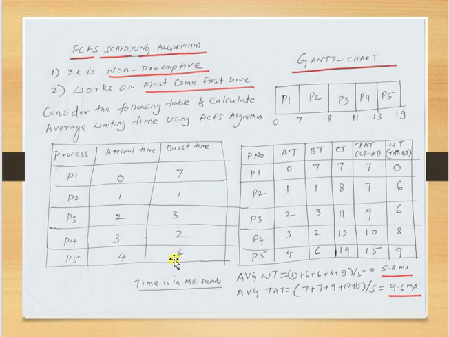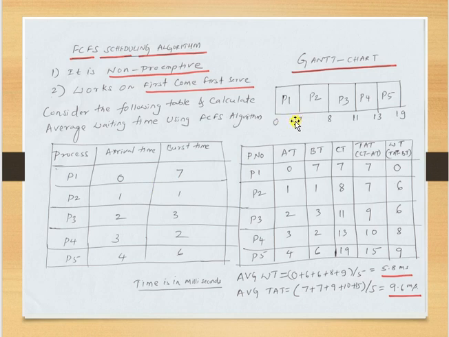All the numbers given in the arrival time as well as burst time are in terms of milliseconds. Now, let us schedule the processes according to the arrival time and burst time in the Gantt chart. A Gantt chart is a horizontal chart that we use to represent what happens in the processor related to each process.